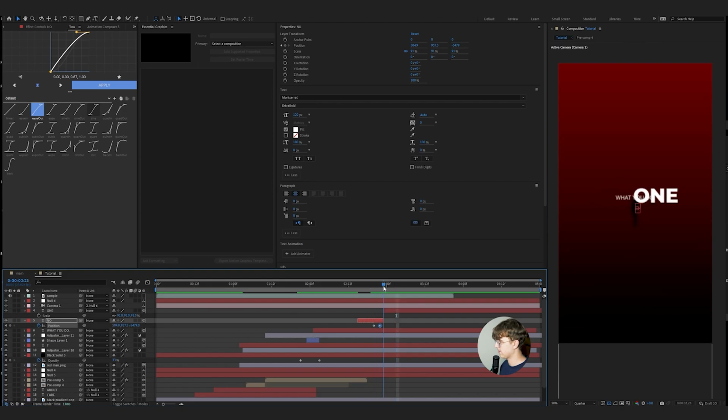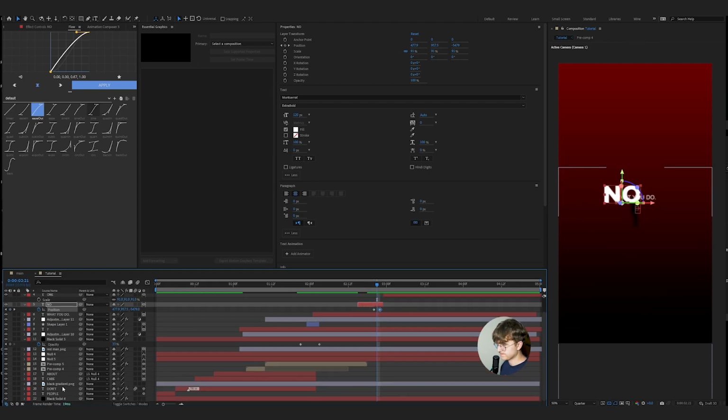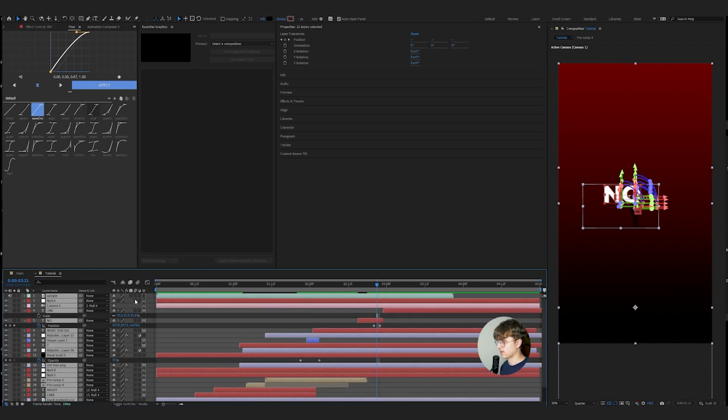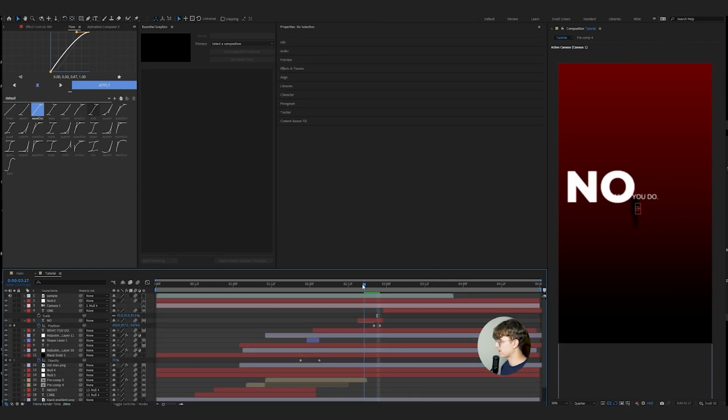So you kind of see that. "Care." So yeah, and once we add motion blur and everything, it'll look really good. We can do that now. I guess hit Command A and just hit the motion blur toggle, but don't turn it on. I won't, at least, because it's so hard to render. So yeah, right now we have "no one,"